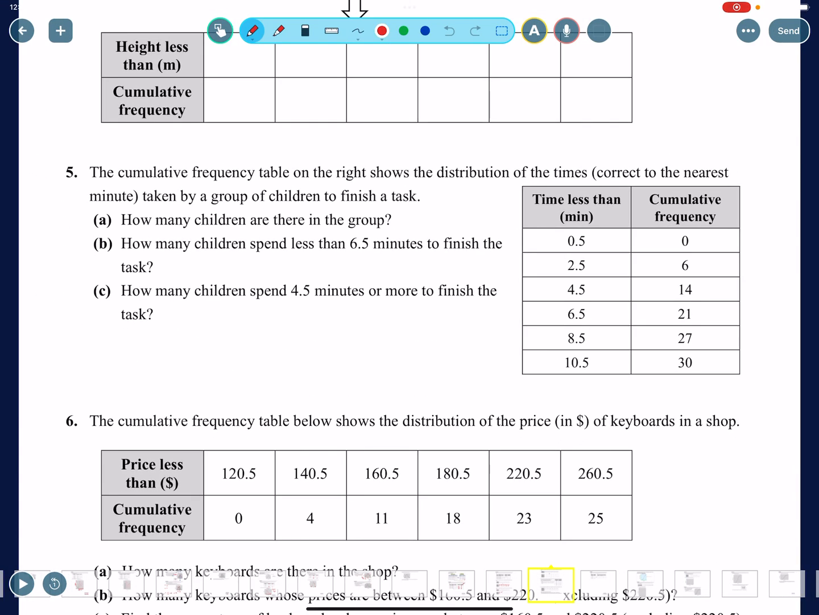Next, the cumulative frequency table is over here. Take a group of students to finish a task. How many children is there in the group? So you're just gonna add. No, you're not gonna add. Okay, so that's a trick question. Usually you add these to get a total, but if it's cumulative frequency table, there's only 30. The last number is the total, 30, because you already added them. This is basically already added,